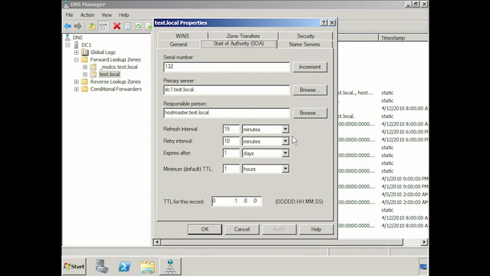A DNS server with a secondary zone will query the primary zone at the refresh interval time, in this case, 15 minutes. Every 15 minutes, a server holding the secondary zone will request the Start of Authority record from the server containing the primary or Active Directory integrated zone. If it finds that the serial numbers are different, the DNS server will request a zone transfer. The retry interval is the time period the secondary DNS zone will wait to retry a zone transfer if the